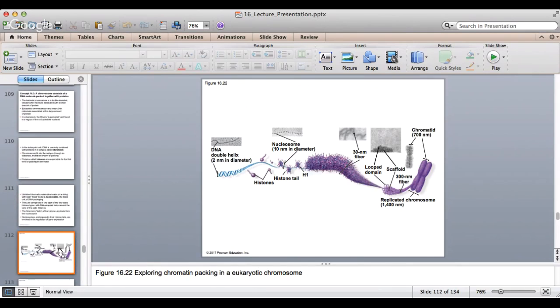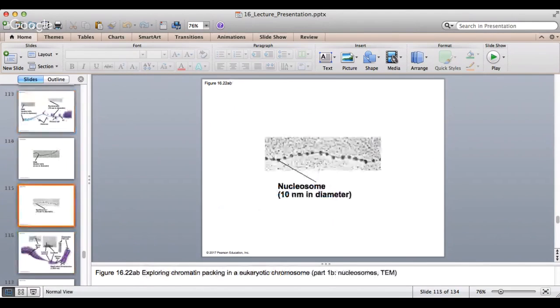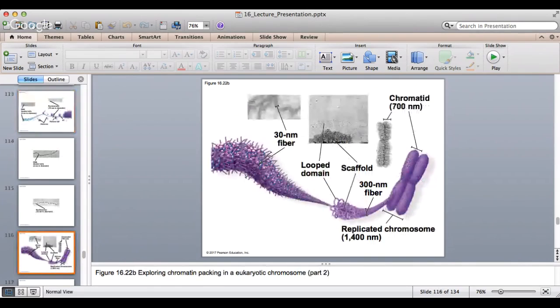We're going to add some histones in this nucleosome kind of structure, and then we're going to continue and continue and continue to tighten it till we get to the chromatid, sister chromatid level. So that's all you really need to know for this, is that histones are what come along and help take all this newly replicated DNA and make it into something that we can actually organize